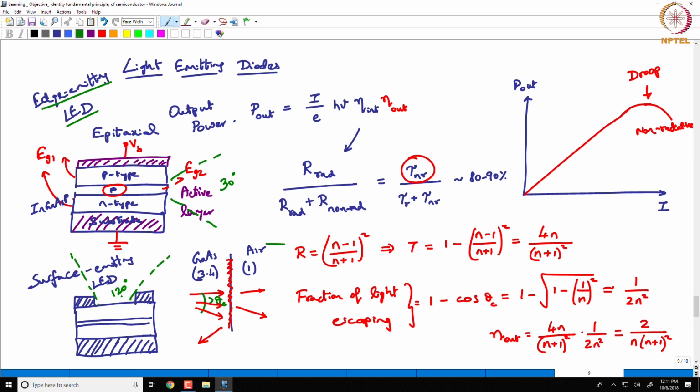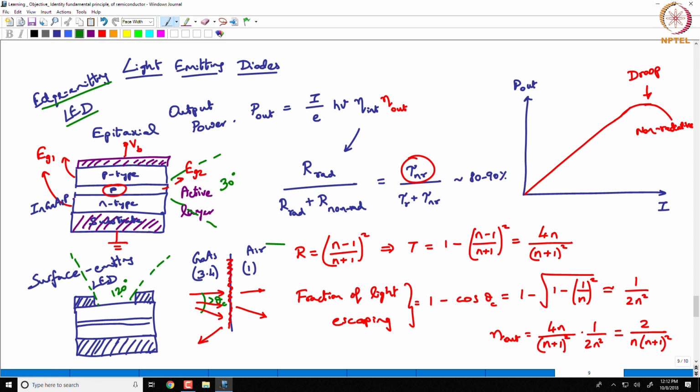In that case, you need to take light from a semiconductor structure and couple that light into an optical fiber, and from what you have done previously in the semester, if you want to couple efficiently into a single mode optical fiber, you need to have a highly spatially coherent source, right. So, edge emitting LEDs are very good for that, they are amenable to coupling into an optical fiber.